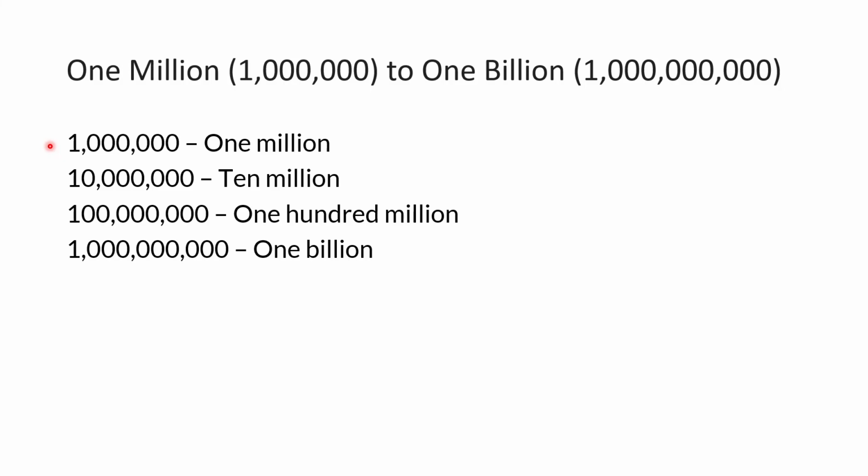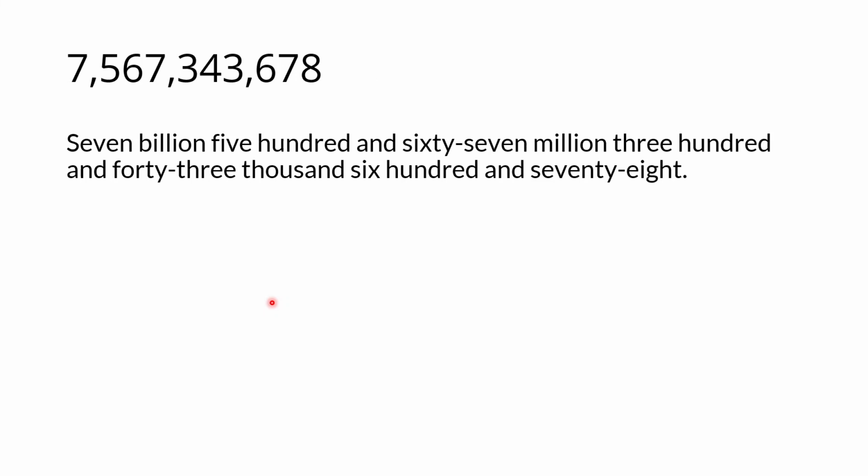So we can have anything from 1 million all the way up to 999,999,999. Let's go through that again. So 1 million, 10 million, 100 million, and 1 billion. So for example, if we had 7 billion, if we had this number here, we would have 7 billion,